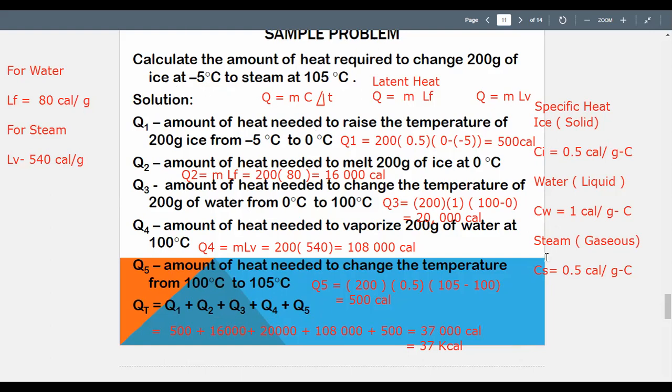So when we reverse the process, if you have steam and you want to make it into ice, you will also need 37,000 calories for the material to give off. Once the material gives off that much heat, then it will change itself into